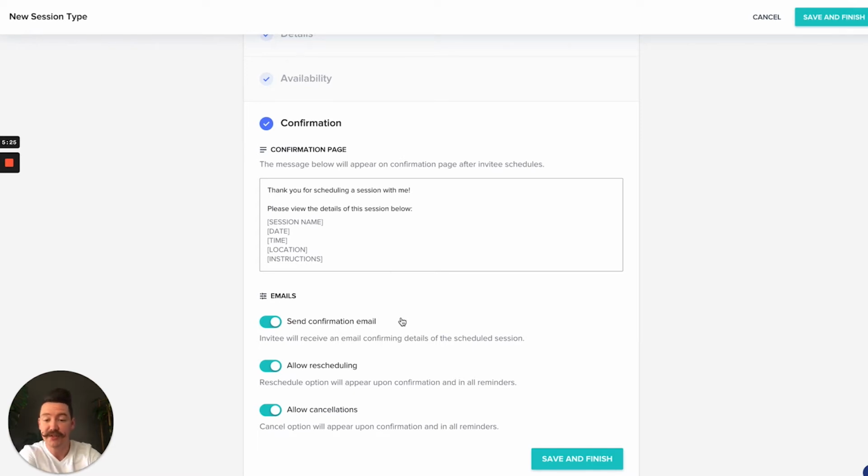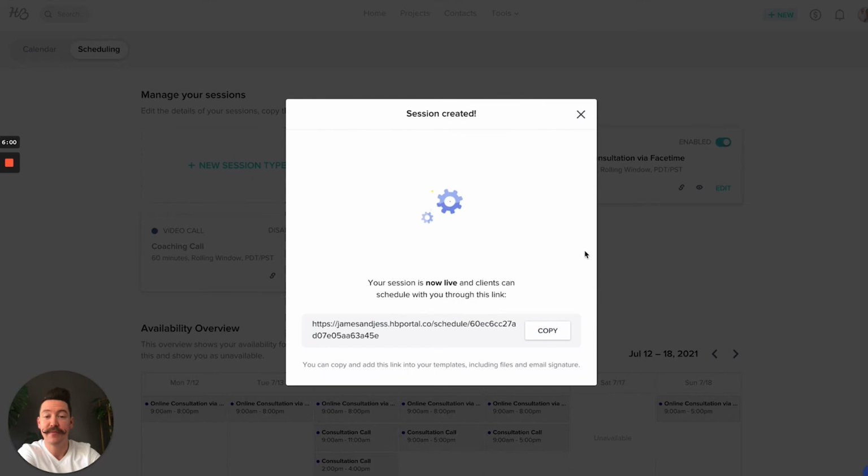You can choose to send a confirmation email, allow rescheduling, and allow cancellations. I usually do not have these on because once that's set, I want it to be set and I want them to kind of have to go out of their way if they're going to reschedule, because it's my time, and the reason I have this all set up is so it's streamlined and we don't have to keep going back and forth. All you have to do after that is hit save and finish,